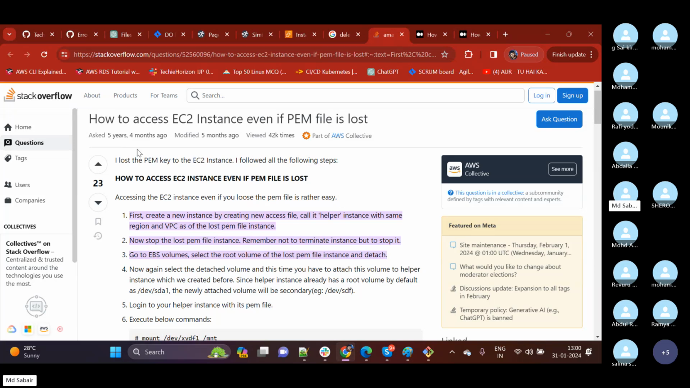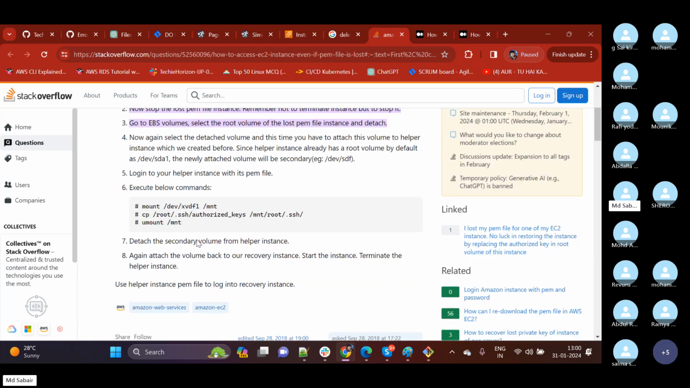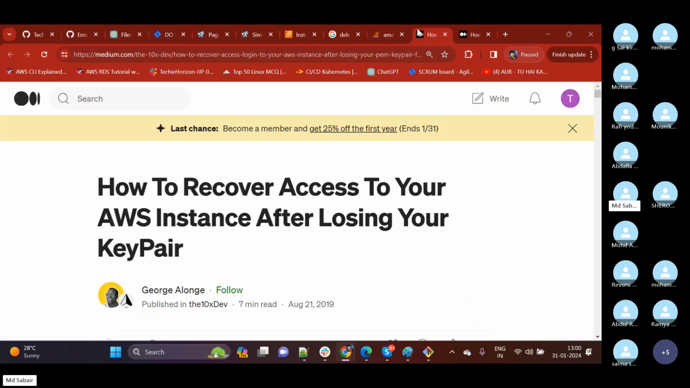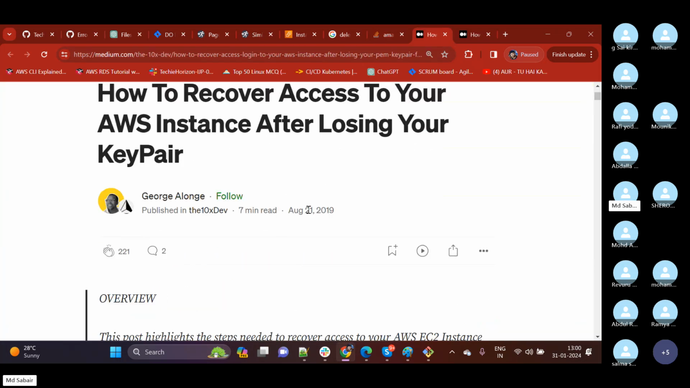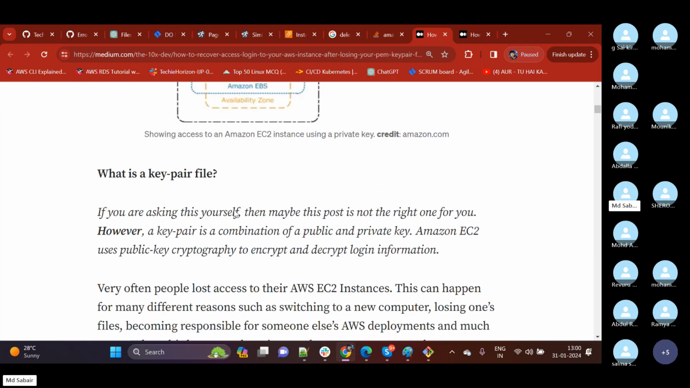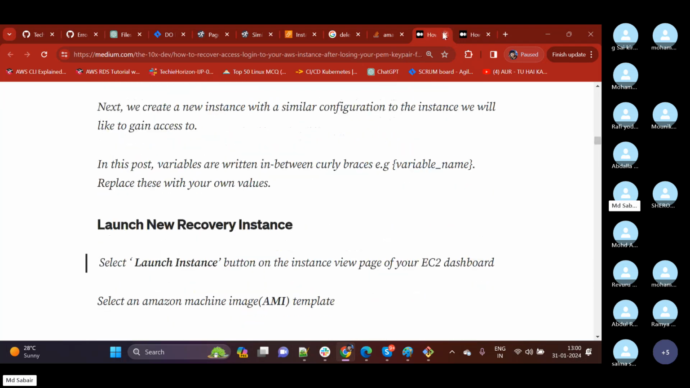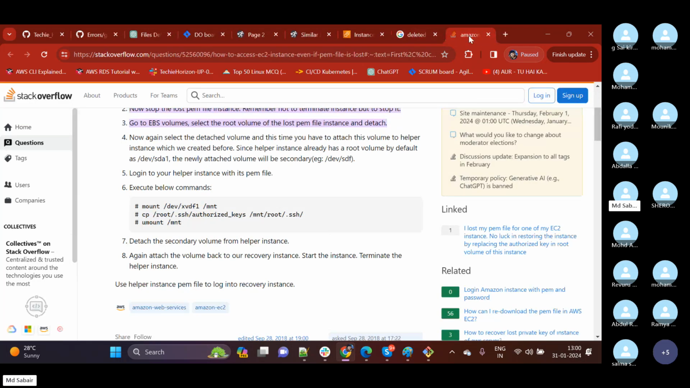this document has been created. See, it has been created 5 years ago, which means there will be a lot of modifications now. These steps will not work for you. There might be a lot of updates. So always check the documentation. This is from August 2019. Try to see whether you are able to work on this, or else try to read another documentation. Okay, so now